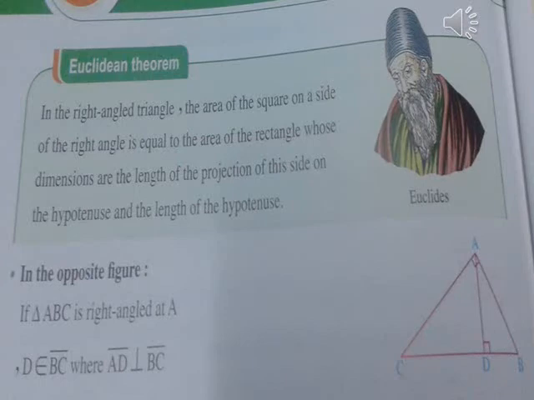In the right angle triangle, the area of the square on a side of the right angle is equal to the area of the rectangle whose dimensions are the length of the projection of this side on the hypotenuse and the length of the hypotenuse. In the opposite figure, if triangle EBC is right angled at E, D belongs to line segment BC, where line segment ED is perpendicular to line segment BC,